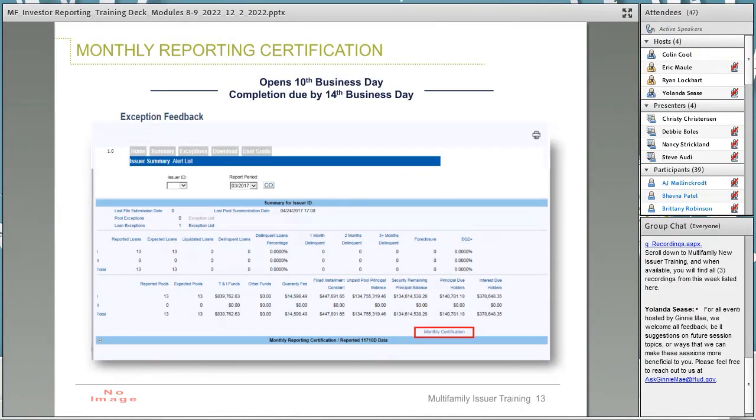Now on to monthly reporting certification. Monthly reporting certification opens on the 10th business day, with the deadline being 7 p.m. Eastern Time on the 14th business day. To navigate to this screen in MGM, you would click Tools, then PAEF,